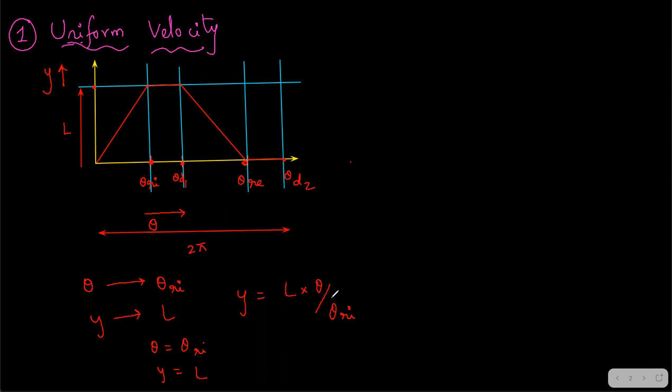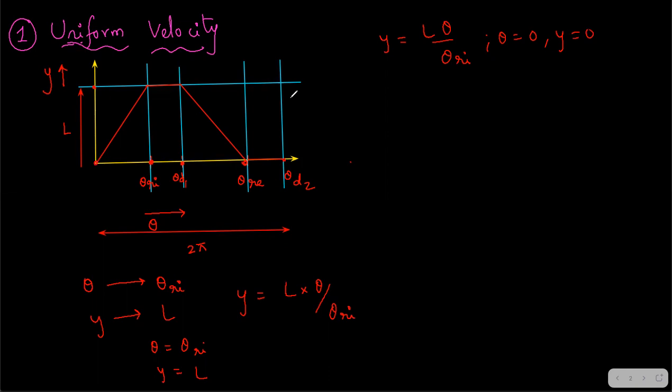And now you can even check it for a proof. You will get the instant solution if you differentiate it, if you want the velocity. Now see, this displacement equation is y is equal to L into theta by theta Ri. Check it. When theta equal to 0, what is the value of y? Put theta equal to 0. I get y also equal to 0. Substitute in that equation. Yes or no?